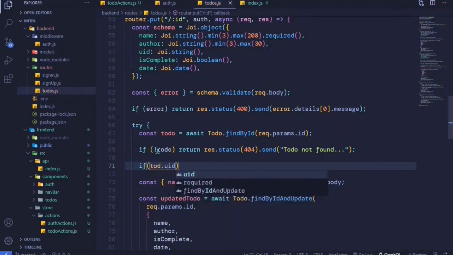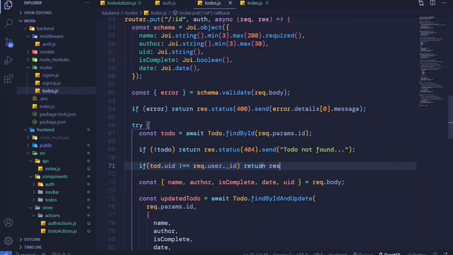So right here we have checked the todo exists. If it exists, then we can say if todo.uid is not equal to request.user._id, then what we will do is that we will return,